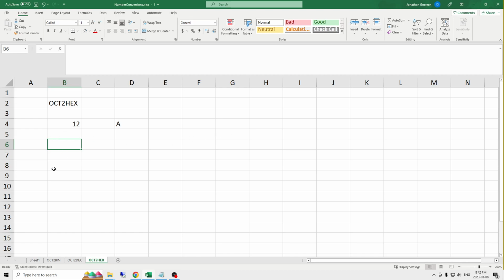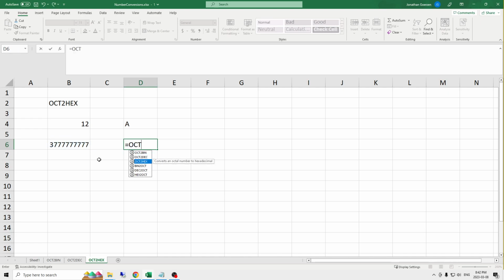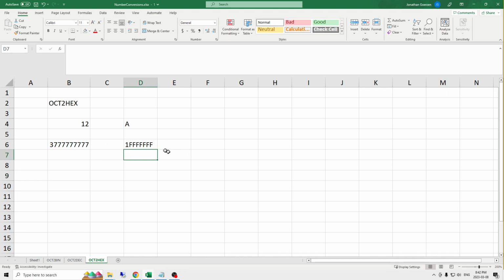Okay. So some limitations of this function are the maximum value that can be input, based on Excel's representation of octal numbers. Excel limits its representation of octal numbers to 10 digits. The first bit must be a 0 to indicate a positive number, which means that the first digit in an octal string is 3. I can now follow that by 9 sevens, filling the remainder of the bits in this number with 1s, and converting this from octal to hexadecimal gives the maximum output of 1